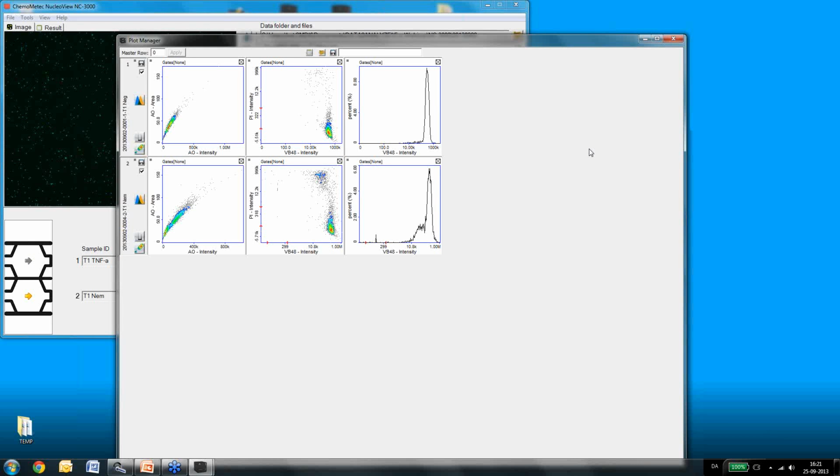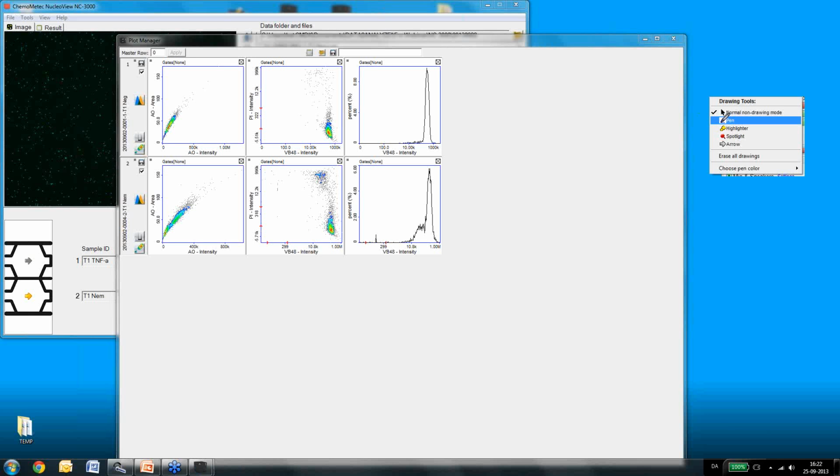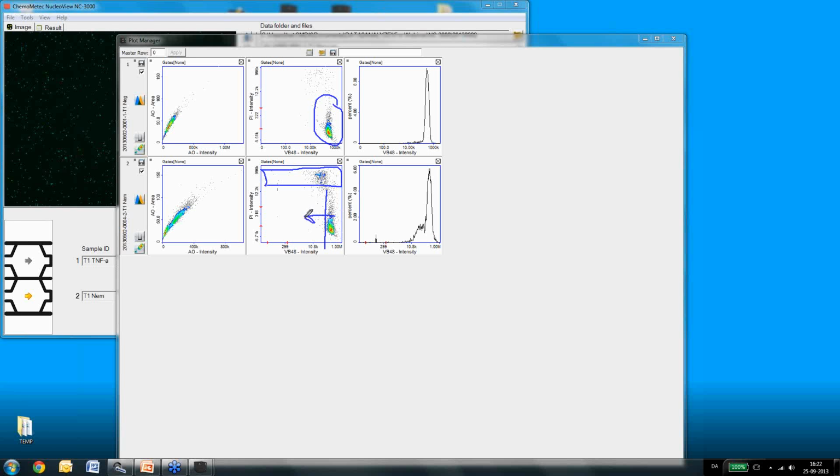So now we have 2 measurements, one untreated, one treated. Basically, you can see that there is a shift in the middle plot. In the middle plot you have a main population in the negative sample of live healthy cells. However, in the treated cells, you start to see propidium iodide stained cells, the non-viable cells. At the same time, you will see that there is a drift of cells going to a lower health state, or into